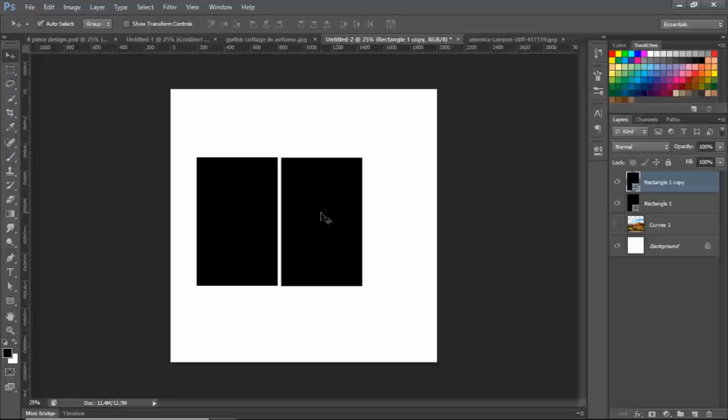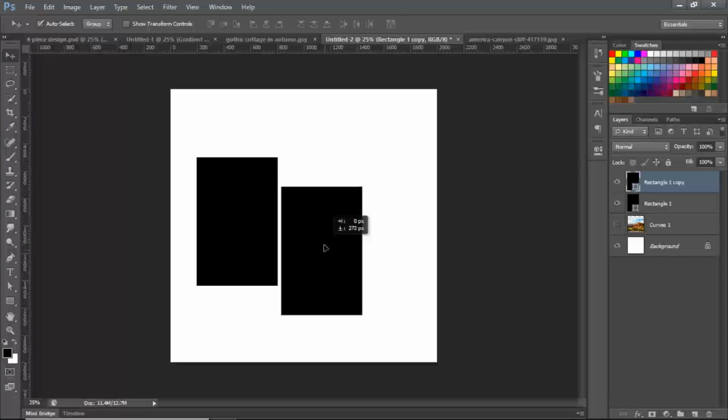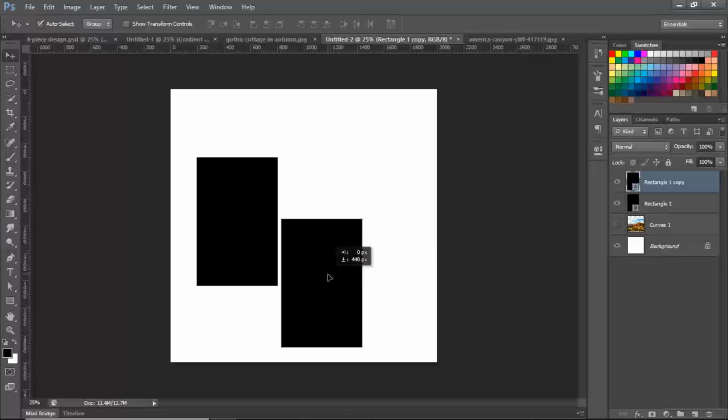Again, when you're moving it down, just click and drag down, and if you want to retain the angle, just click again shift so that it just moves just like that. All right, so here we're going to make that. Let's see how our image comes out like this. Now the next part,